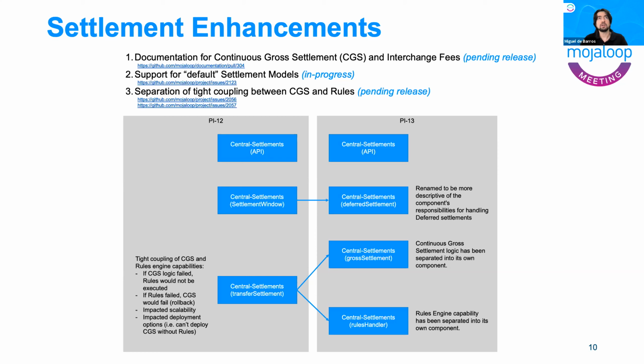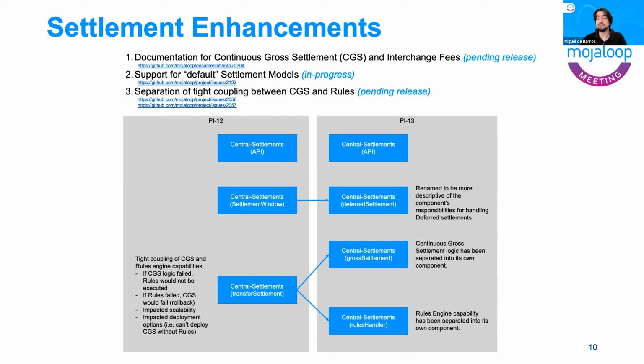The second is about the default settlement models. Currently, when you deploy a new Mojaloop installation, a hub operator is required to configure the supporting settlement models for either deferred or CGS. Additionally, one has to specify a currency when doing so. That means a settlement model must be configured for every currency supported by the hub. In 12.10,